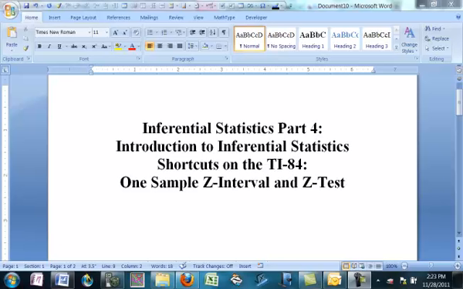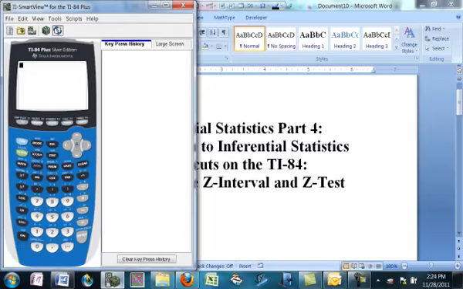The calculator actually has lots of different possibilities and different things that it can do with this area of hypothesis testing and confidence intervals, several different variations on a theme. But this is a good introduction. Once you learn how to use these two, then we'll be able to quickly expand to the others as well. So let's start by pulling up our